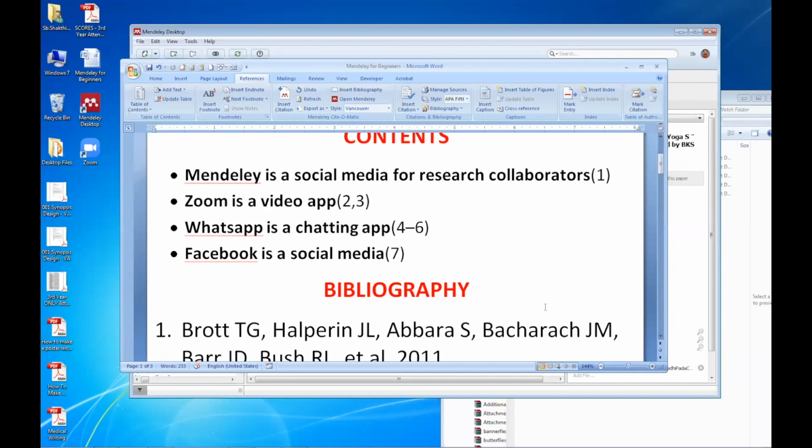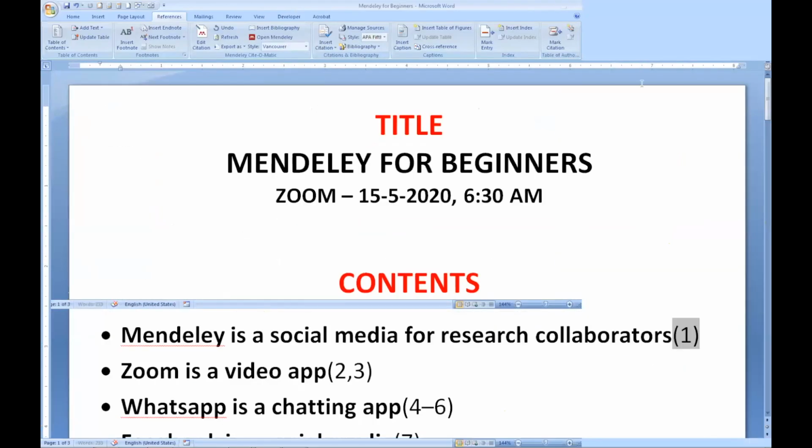Did you notice what just happened? This place was showing 7. Now it is 1. This is the beauty of working with such reference managing software. I changed the order of the content, but the Mendeley software automatically senses that and gives the references accordingly.